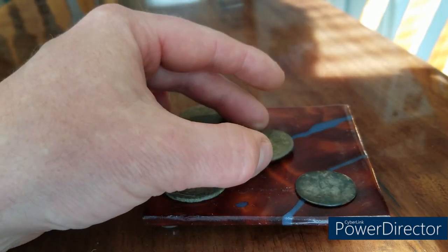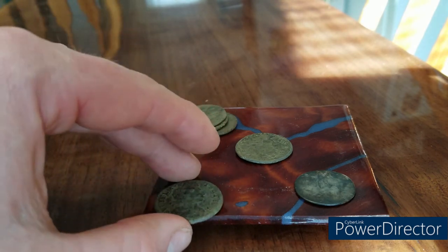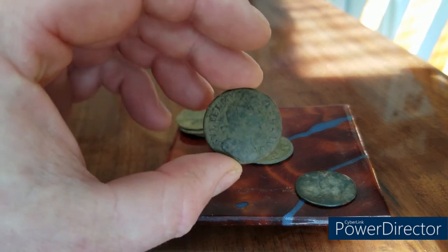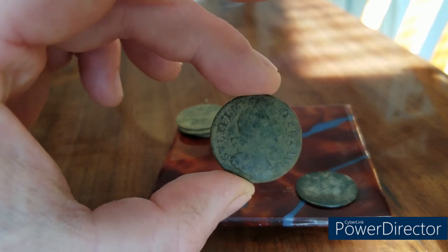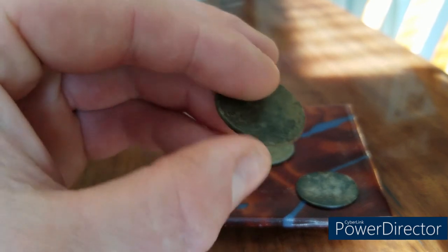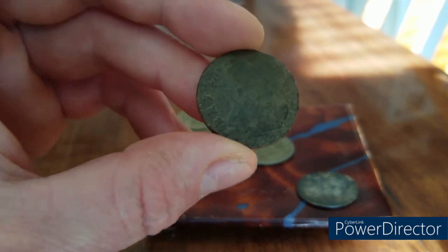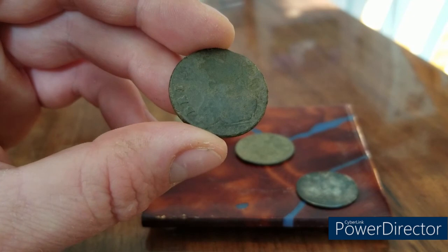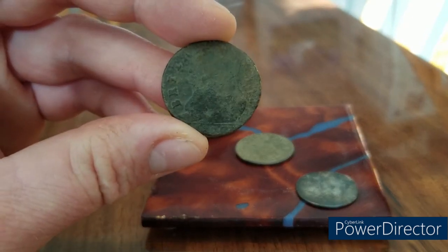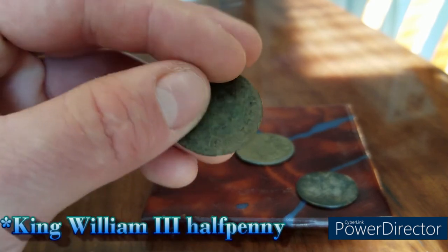And then the super cool front row, awesome finds. Some of my best colonial finds ever. This one still blows my mind. This is a 1701. You could barely see the date. There it is. A 1701 King George III halfpenny from Britain,